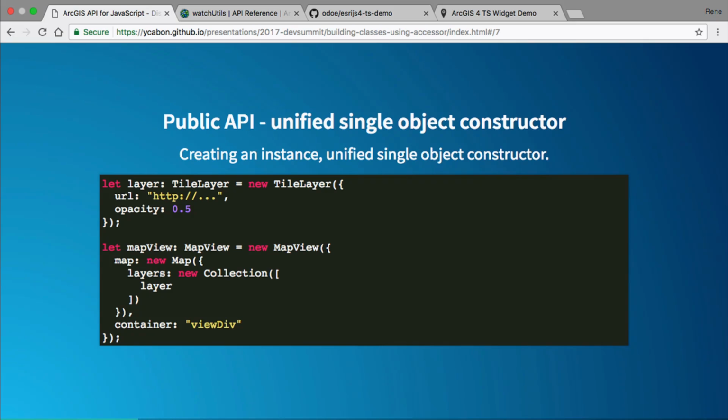We get one object, like with the layers, and you pass the URL, you pass an ID. Now in this case, we're passing opacity for the tile layer into a single object, and we're going to process the object behind the scenes inside the Accessor to instantiate the new class for you. And then you can also do the same thing when you create the collection in the map views, map layers, and just pass it right in,